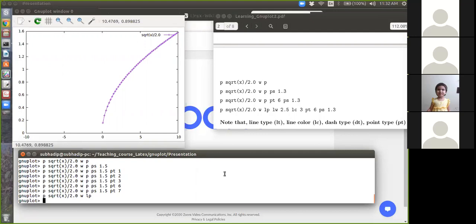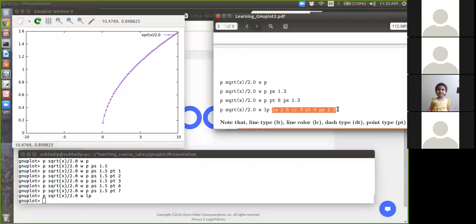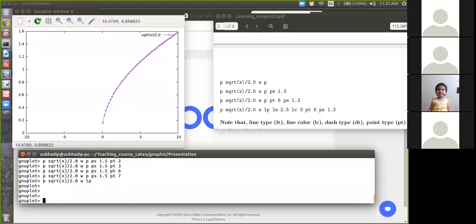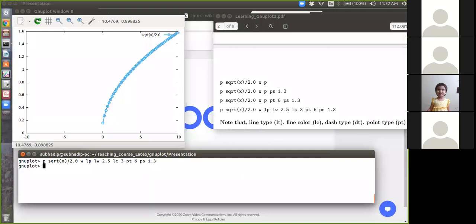Okay, so you can apply the commands for line and all the commands here together. Let's see. Yeah. So this line point is giving you line and point both together.